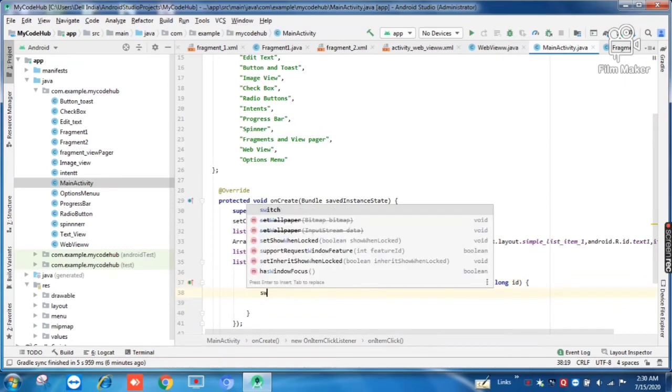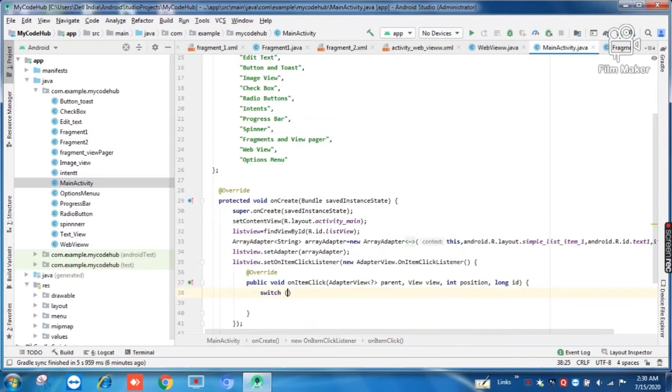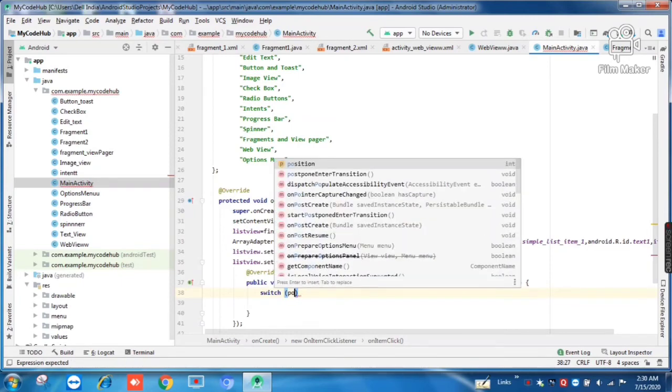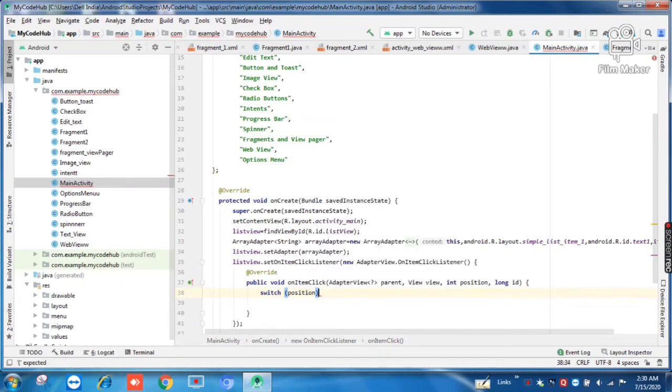So switch position in curly braces. For case 0 we have our text view, so we will direct the user to